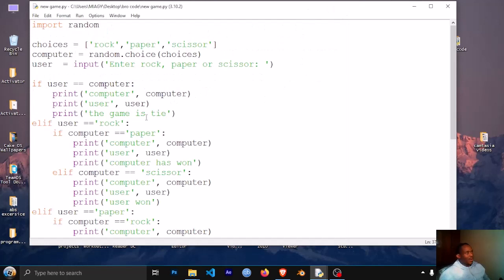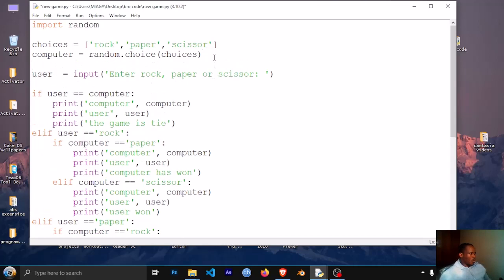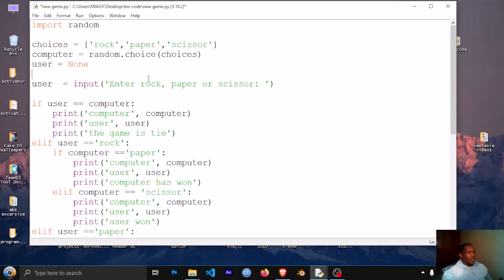So how do we handle that error? In my case, I'm going to create a variable called user. So I'll create the user here, and then I'll say user is equal to None, because it's going to start as empty. User will start as None. So I'm going to put this whole program under a while loop. The reason I'm putting it under a while loop is because if the user's choice is not coming from choices, I will keep on repeating enter rock, paper or scissor, so that the user will end up entering a choice that is in choices. So I'll just say while